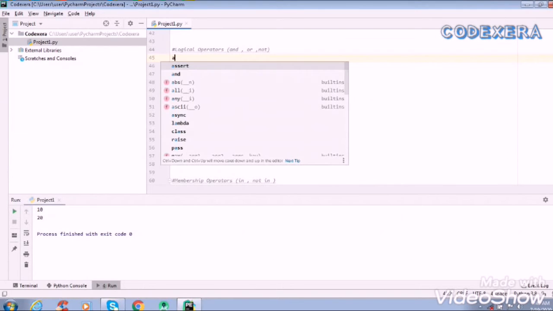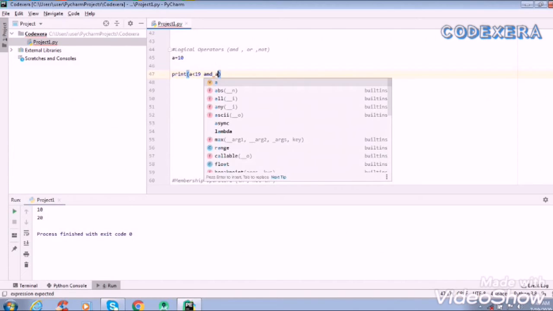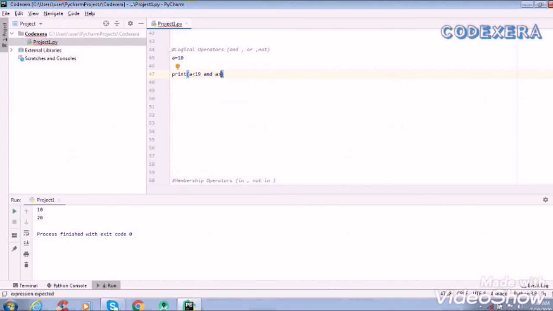Suppose we have value A is equal to 10. Now we'll print that, suppose we are printing that A is smaller than 19 and A is greater than 5.